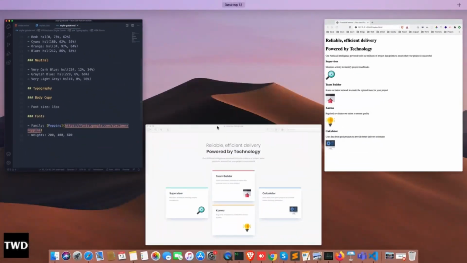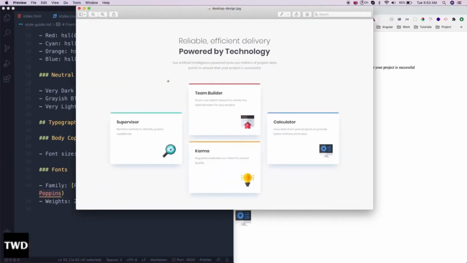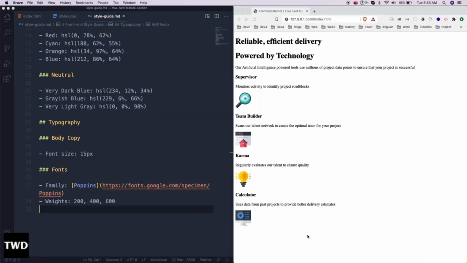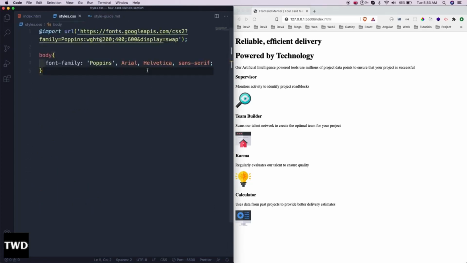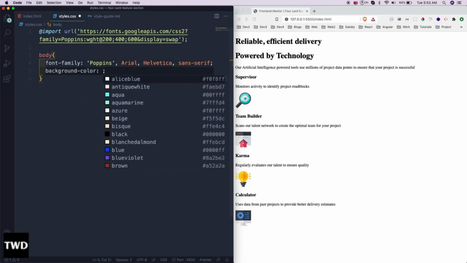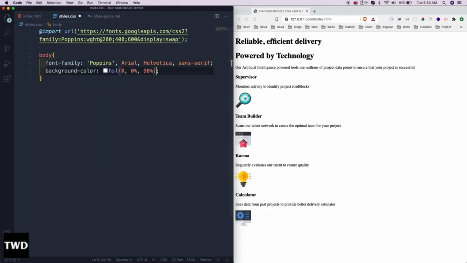Yeah, see, it is not exactly white, it is a sort of gray, so they have not mentioned where to use it, but we are going to use this very light gray for the body. I'm copying it and